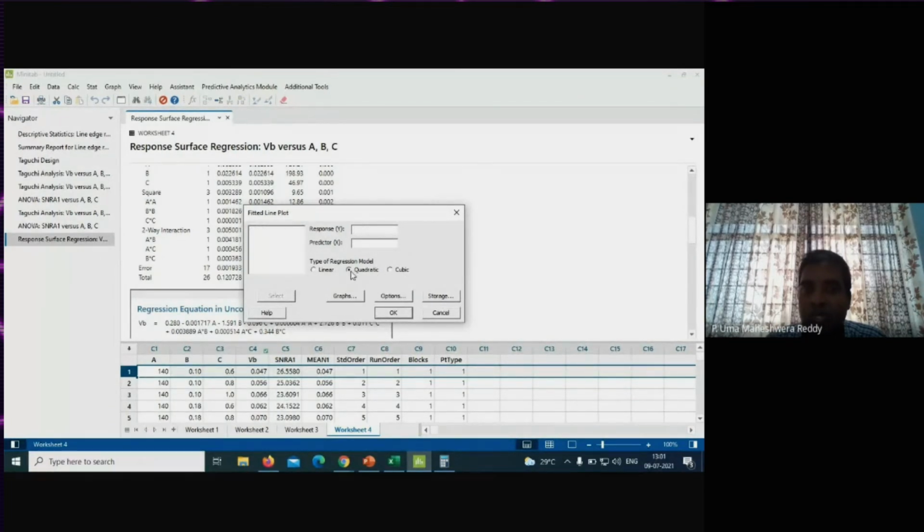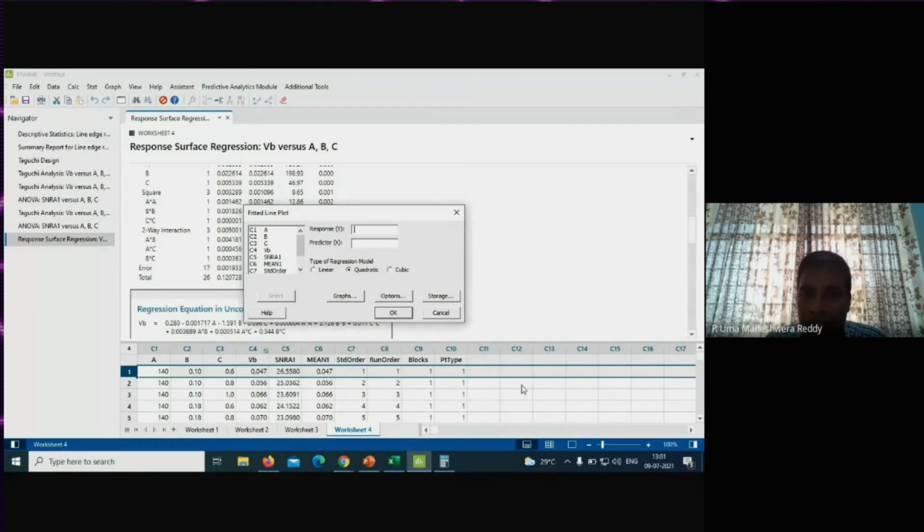Let me select a cubic, and the response value y is the predictor value, you see here in the list: A, B, C, B, B. I don't have my predictor values because I didn't enter my predictor values in the worksheet window. You see clearly here, my predictions values have not appeared in this window. I need to enter those values in my worksheet window. So let me go back to this worksheet and let me enter my predictions.